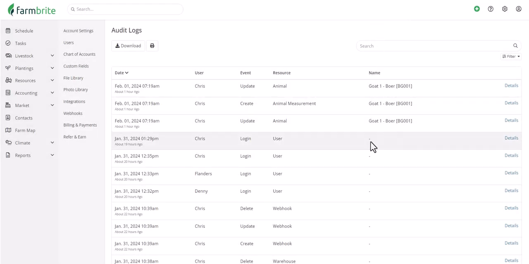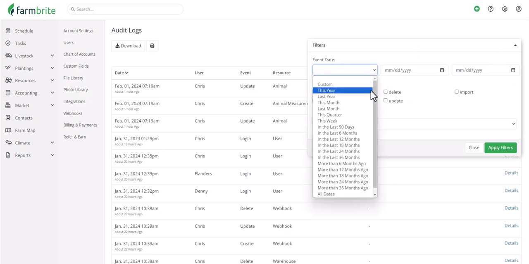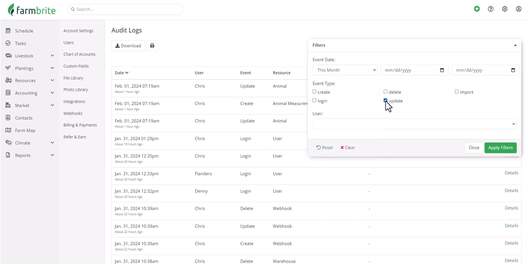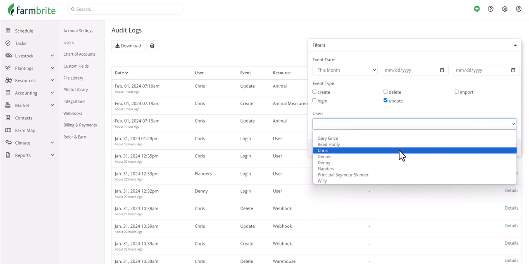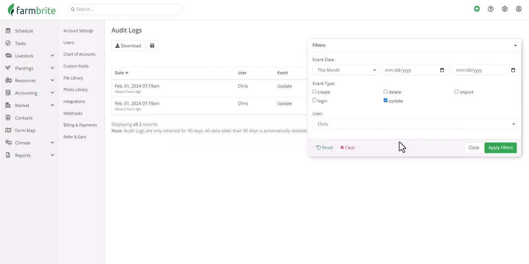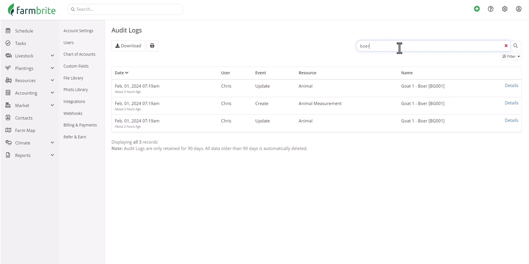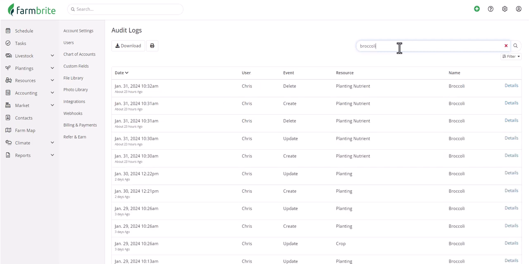The audit log is shown chronologically, but if you're looking for something specific, you can search or filter. When we click Filter, we can search by date, event type, and user. If we clear the filters, we can search for specific records. There's our goats, but we could look up plants or equipment